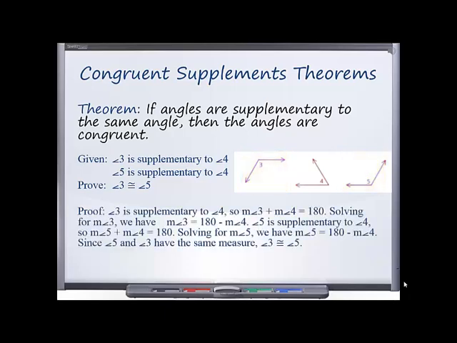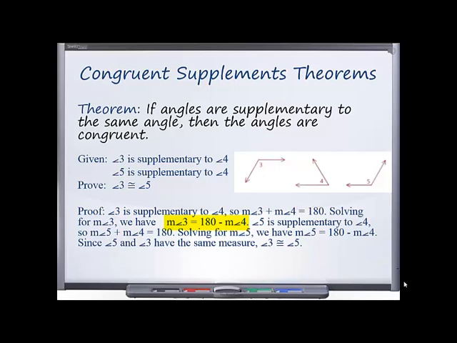This one I chose to do as a paragraph, just to get you familiar with the different types of proof. So we're given that angle 3 is supplementary to angle 4, so we can conclude that the measure of angle 3 plus the measure of angle 4 is 180 degrees. And then we can solve for the measure of angle 3, and we get the expression 180 minus the measure of angle 4. So similar to how I just plugged those numbers in before, for any measure of angle 4, I should say,